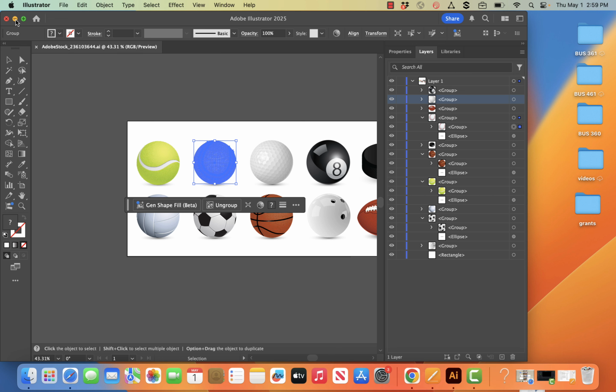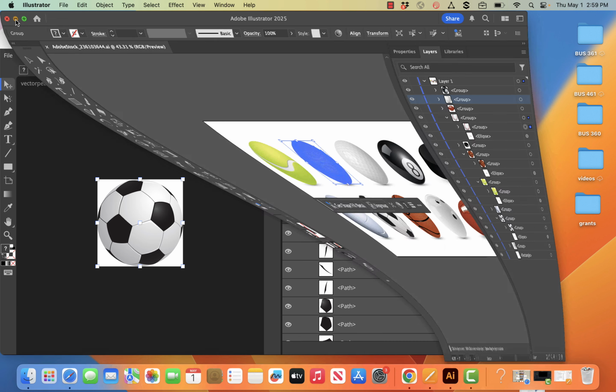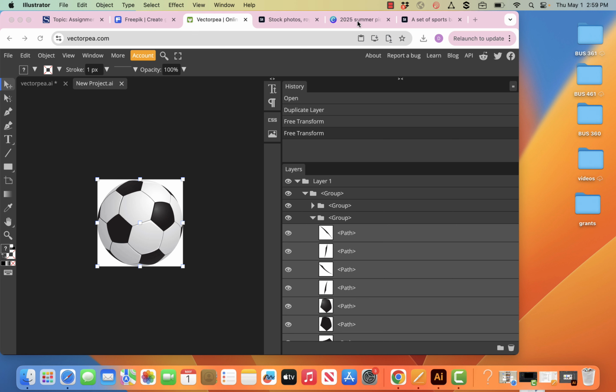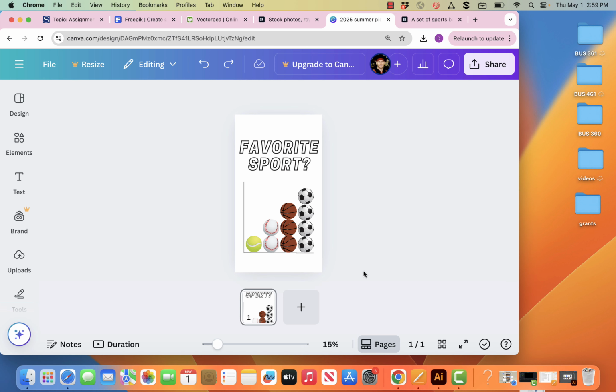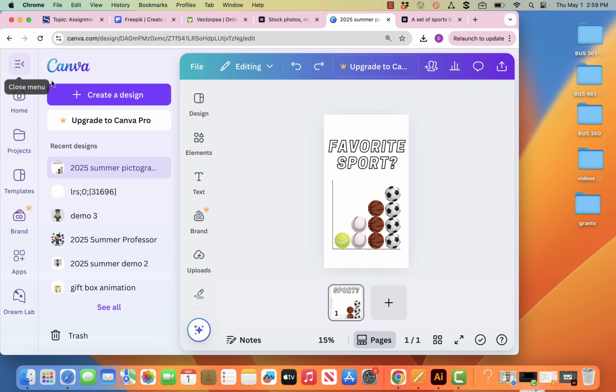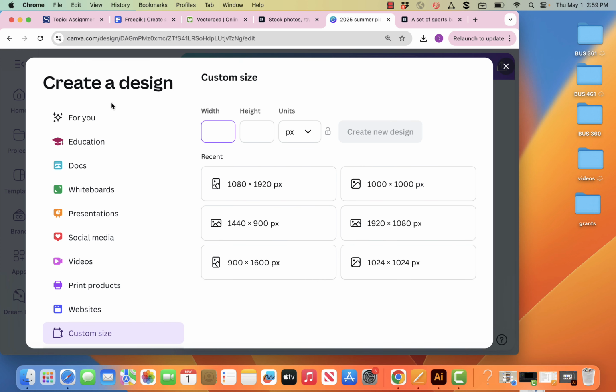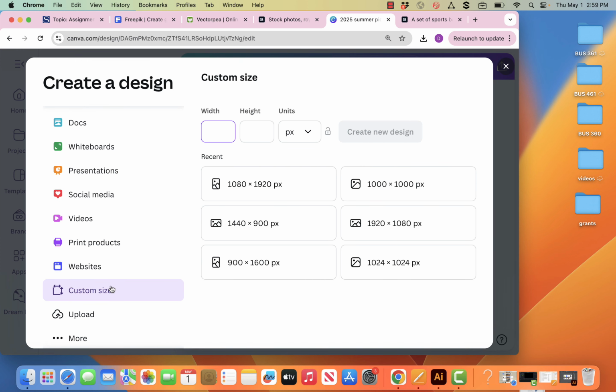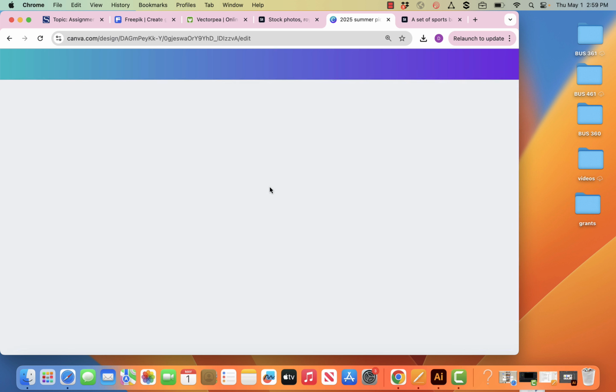So let's do that. You can use any vector graphic. You don't need to make a pictograph, but I like to do this with my infographic, column graph, histogram, pictograph. So, all right. New document. I got a 9 by 16 or 1080 by 1920 document. So I'm going to go create new design. And then I'm going to go to the bottom to custom size, and then 1080 by 1920 pixel dimensions,